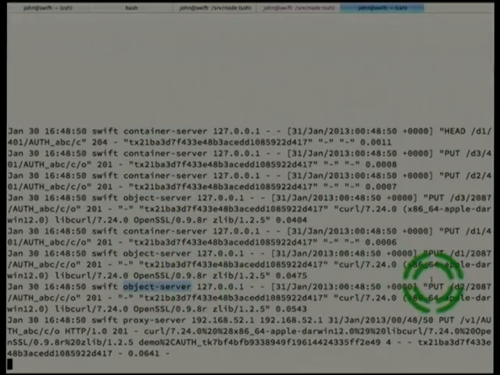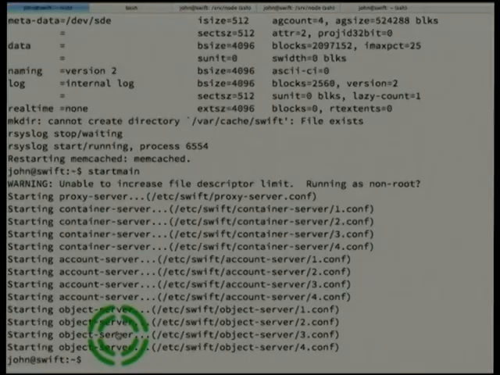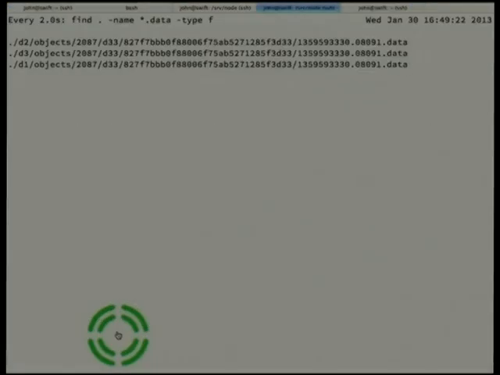Each had a put request that was successful, which caused the proxy server to return, with the put request here, a successful response code of 201. So this is the happy path. Everything was just fine. And we can verify that by looking at the disk, where here are the 3 copies